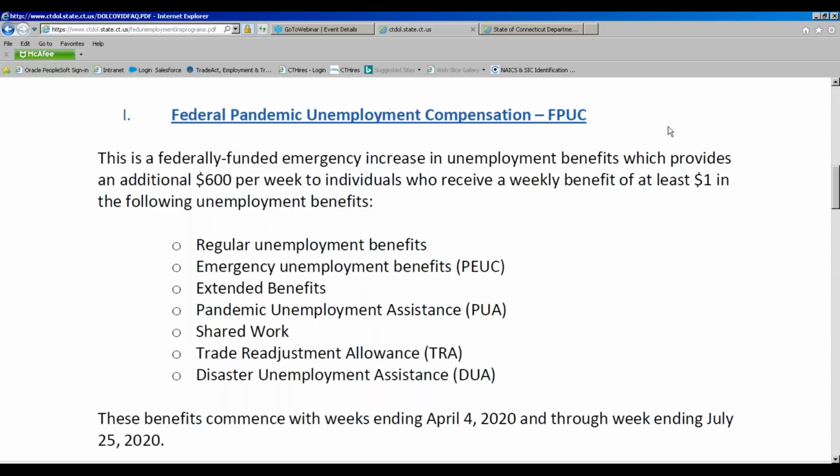An important thing to understand about this program is that the 13 weeks can be paid provided that there are additional rules that follow, one of which is that you cannot be eligible for unemployment in any other state or any other program in any other state. And so that needs to be determined as well. But for the state of Connecticut, right now, if you have no other eligibility for unemployment in any other state, once this program goes live, you will be entitled to 13 additional weeks of unemployment.